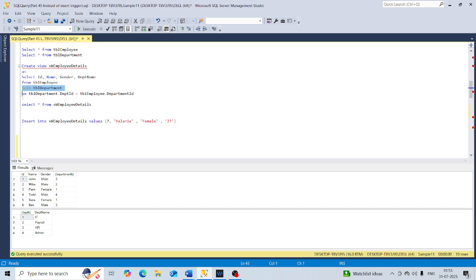The common column between these two tables is department ID,